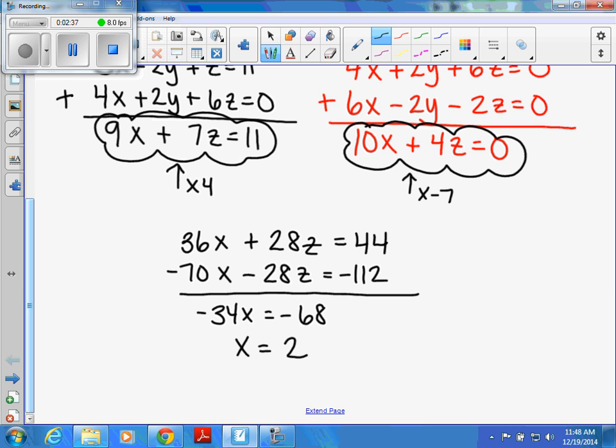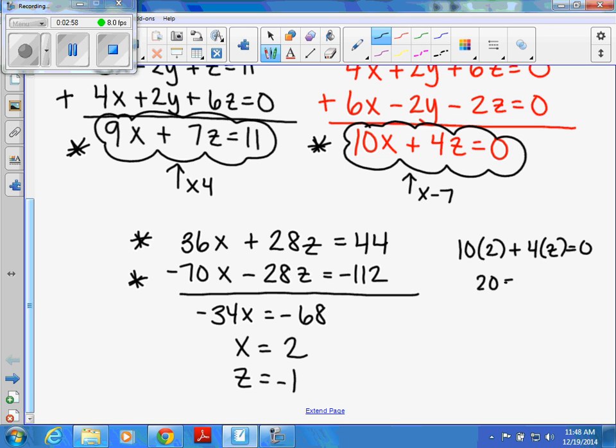And then you go back up into any one of these, this one, this one, this one, or this one to find my z, and I'm going to get z equals a -1. I'll show you. I'm going to just bring it back up here. It's 10 times 2 plus 4 times z equals 0. 20 equals 4z. 20 equals a -4z. So z is going to equal,